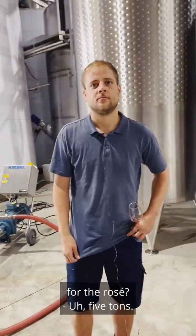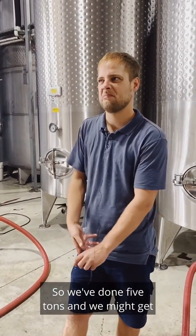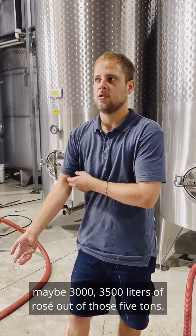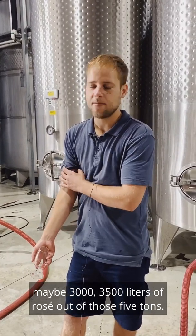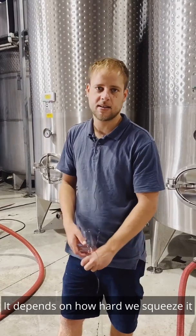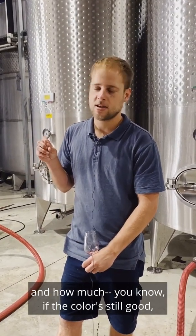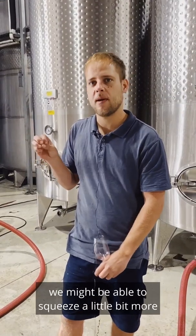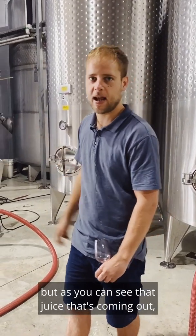And how much Pinot Noir did you pick for the rosé? 5 tonnes. So we've done 5 tonnes, and we might get maybe 3,500 litres of rosé out of those 5 tonnes. Depends on how hard we squeeze it, and if the colour's still good, we might be able to squeeze a little bit more, but as you can see, that juice that's coming out is still quite